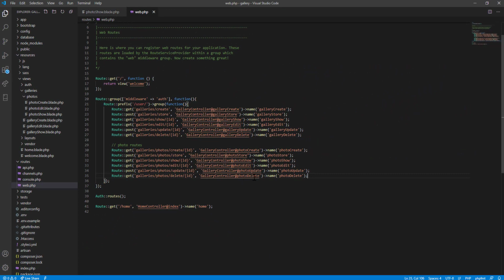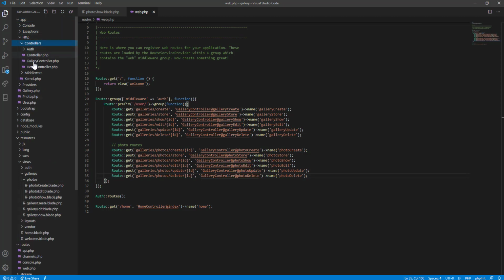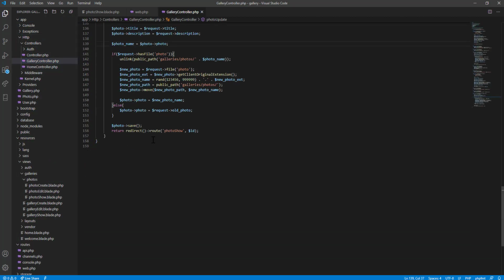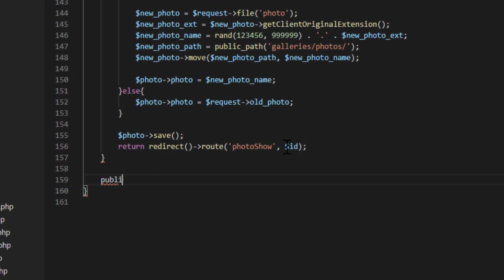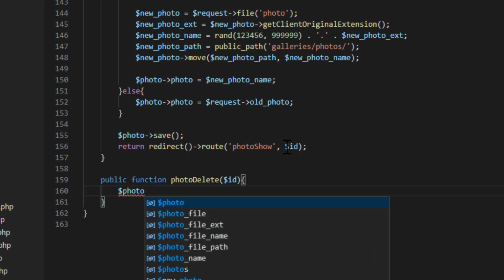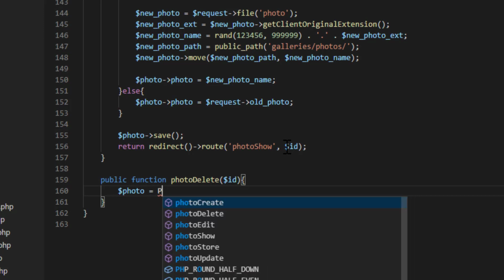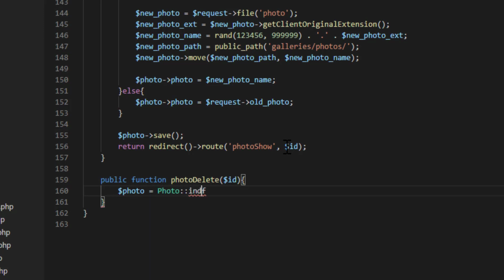So let's create this photoDelete method in our controller. And for that, we have to go to app, Http, Controllers, GalleryController. And after our photo update method, at the bottom we can say public function photoDelete, and we want our photo ID. Okay, first of all, we need to grab the photo information from the database, and we want to store it in a variable called $photo equals to our Photo model::find